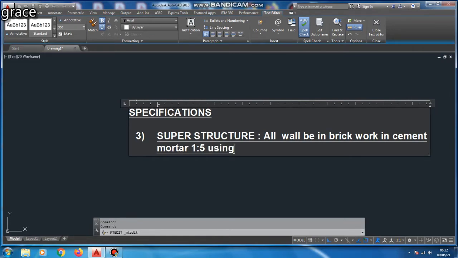So we are going to construct our building with 1:5 cement mortar, using first class bricks. I am typing first class brick with 300 mm wall thickness.